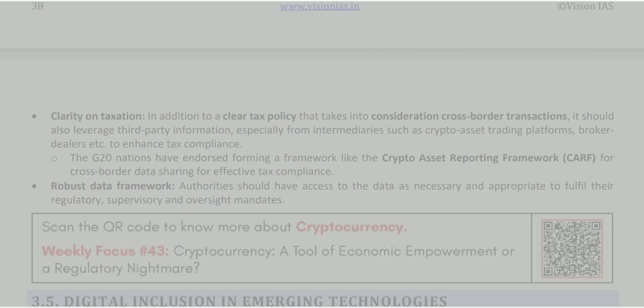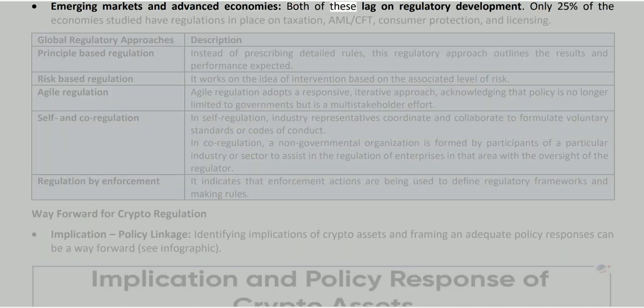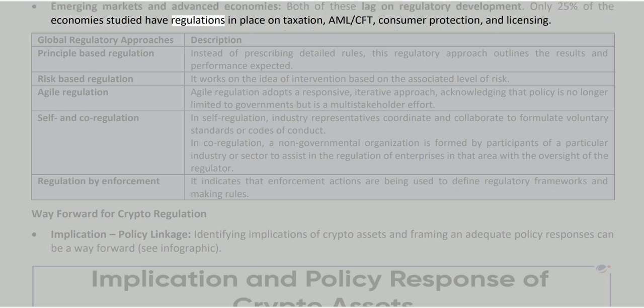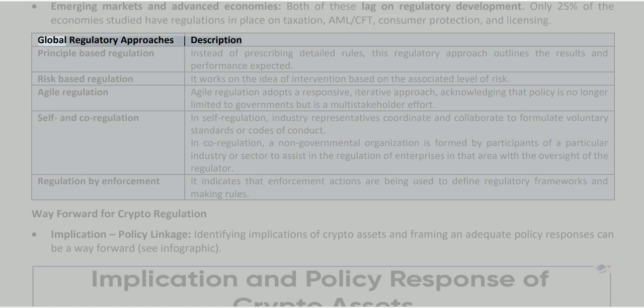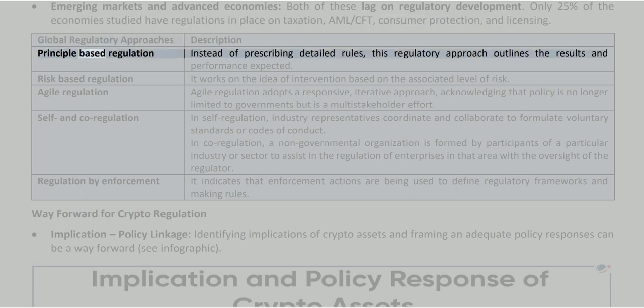Emerging markets and advanced economies: Both of these lag on regulatory development. Only 25% of the economies studied have regulations in place on taxation, AML-CFT, consumer protection, and licensing. Global regulatory approaches. Principle-based regulation: instead of prescribing detailed rules,